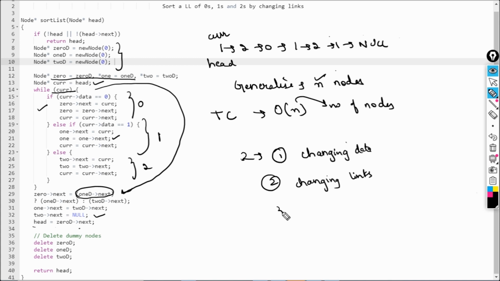The third method is you can simply sort this list, right? Either you can use merge sort, basically just like we have sorted an unsorted linked list, the same thing can be done and this list will be sorted, because that's exactly what we are doing here, we are basically sorting this list, right? So these are the different methods and you can use any of the sorting algorithms as well to sort this. Okay, I hope this is clear now.